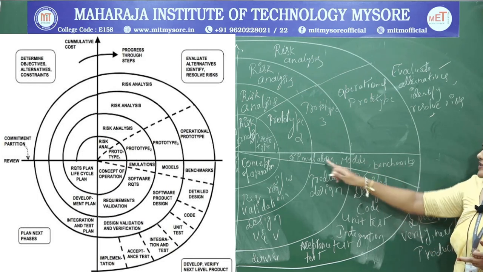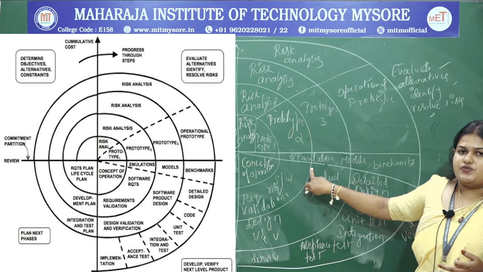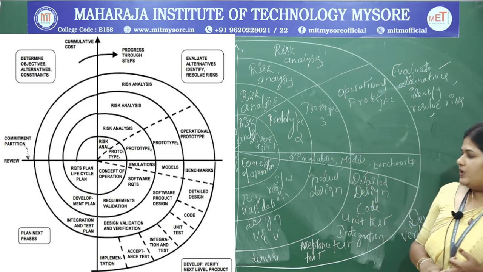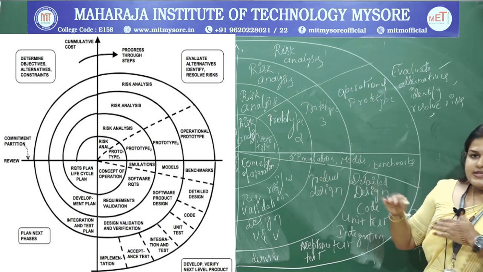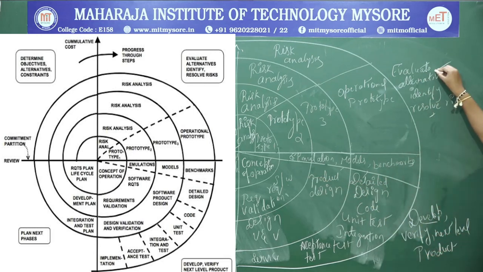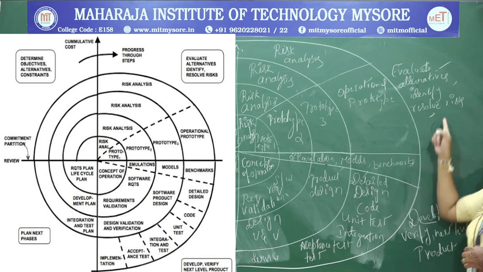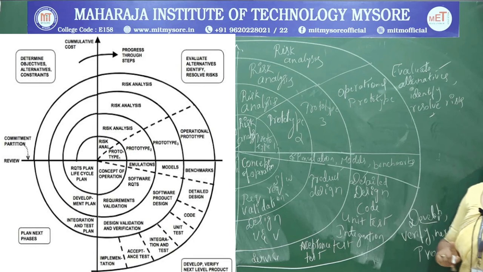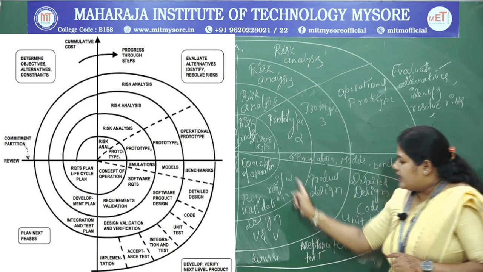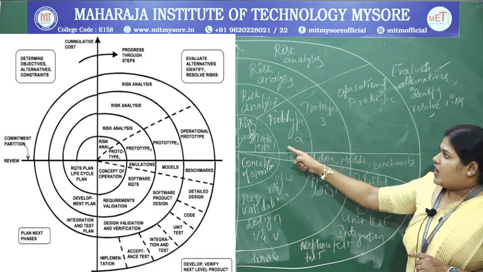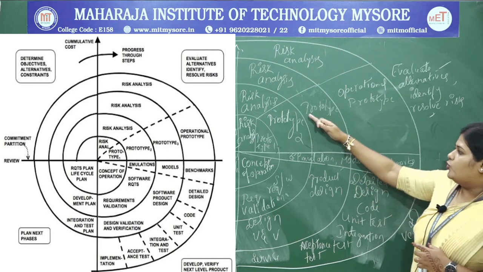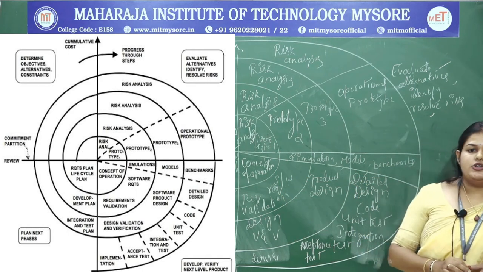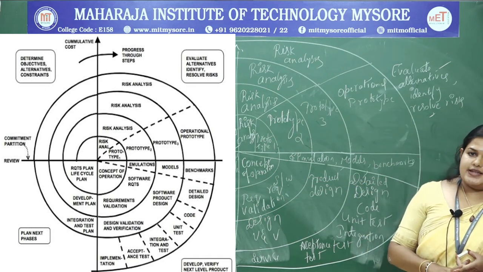The set out requirements will be reached, or the software project will reach these particular requirements, and accordingly the operation will be performed. So, what does it evaluate? As I said, we are going to evaluate the alternatives and try to identify the risk and resolve the risk. So, that is the second phase where you are going to analyze in the form of a loop, where the review process will be happening in order to find the risk analysis.